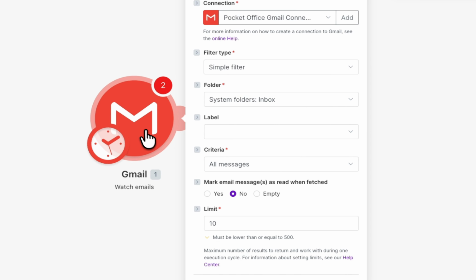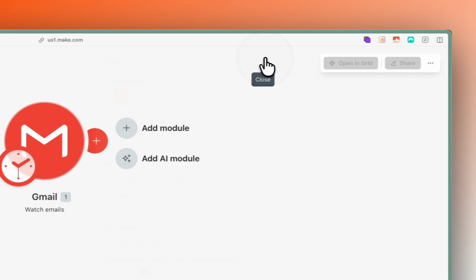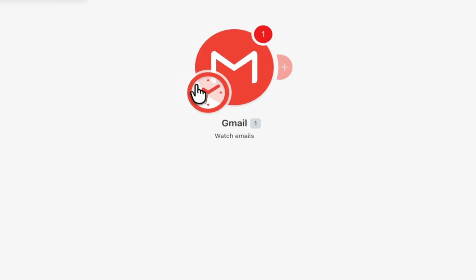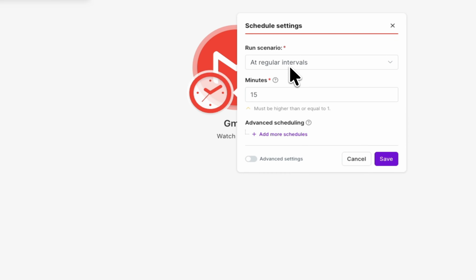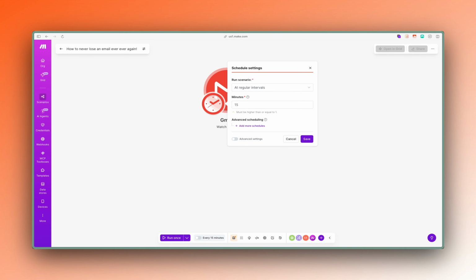Now, key things to note. Let's close this. Most important thing is this little doohickey. You see this little clock? When you click on it, it tells you how often this is going to run. Now, bear in mind that